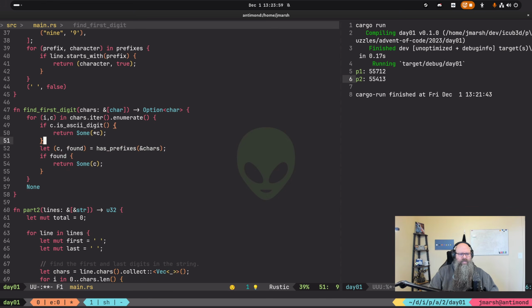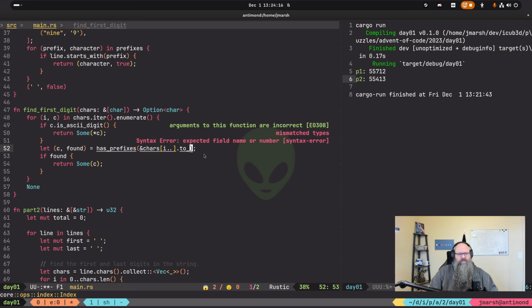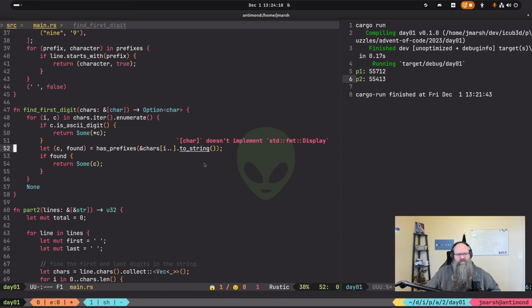iter enumerate. And then we can do this is going to be this is really hacky-ish, but it will still work.